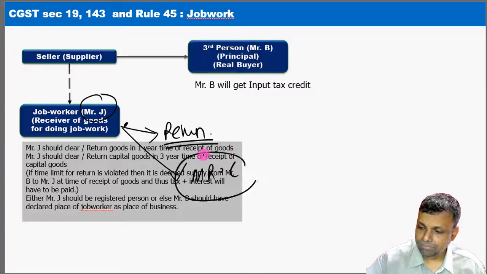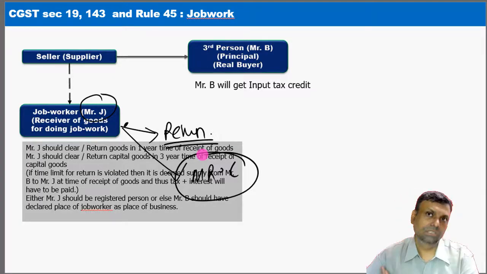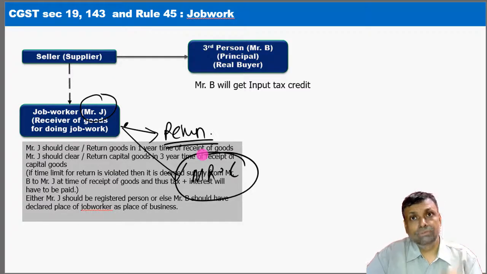Say for example, Mr. C. But under the direction of Mr. B. That means, say for example, now Mr. B is outright selling the goods to Mr. C. That okay, my finished goods have already been produced. Now Mr. C is another buyer who is buying it from Mr. B. So Mr. B has to sell it to Mr. C. So what will Mr. B do? Mr. B will direct the job worker that okay, your work is over, deliver these goods to Mr. C. In that case, the job worker will transfer the goods. That means transport the goods under a document cover, appropriate challan document, etc. has to be there at each of the places, and it will go to Mr. C, and then Mr. B will close this particular transaction, and thereafter the goods will be with Mr. C. Even this movement of goods is permitted.